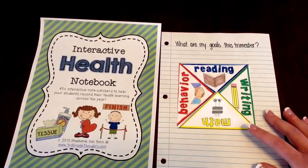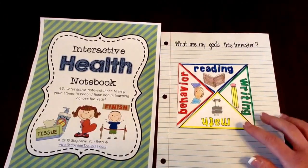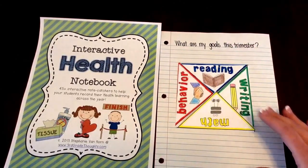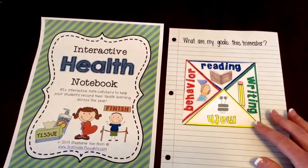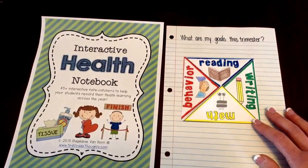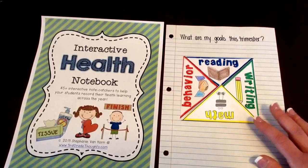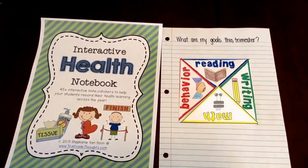A nice one, again, just for them to keep with them the whole year. And so they'll have a trimester 1, 2, 3. They could have 2 of them, right? Goals, and then what they're proud of. And it's just a great way for them to be able to look back in their notebook and see, wow, trimester 1, I was really hoping that I would be able to write 3 paragraphs, right? And now I can write 5 pages. So it's just, again, a great way for them to be keeping all of these health strategies in their notebooks as the year